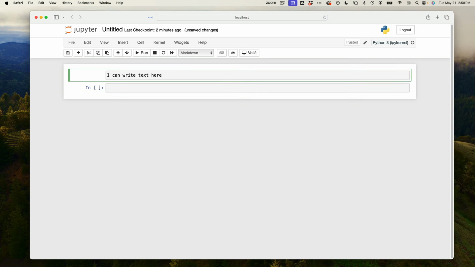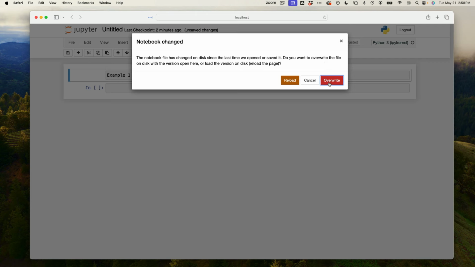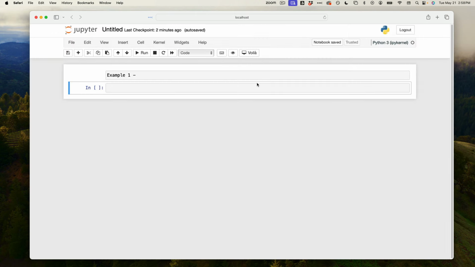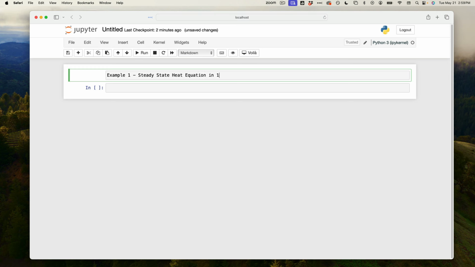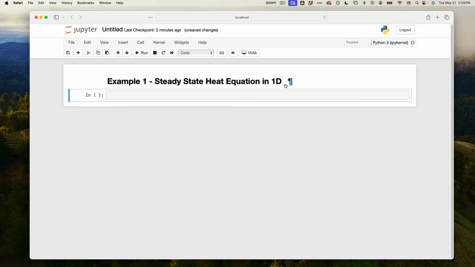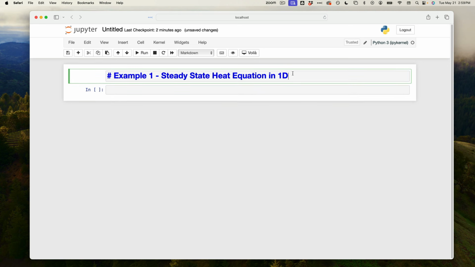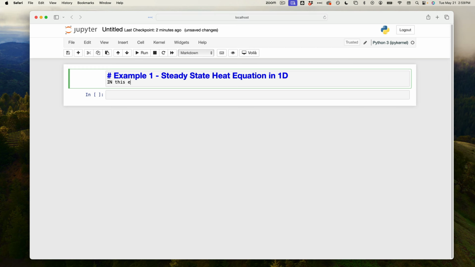Okay, so if we say we want example 1, steady state heat equation in 1D. Okay, and I want to make it a nice big title. Look at that, turns into that. And then you could say, all right, in this example, we solve the following steady state